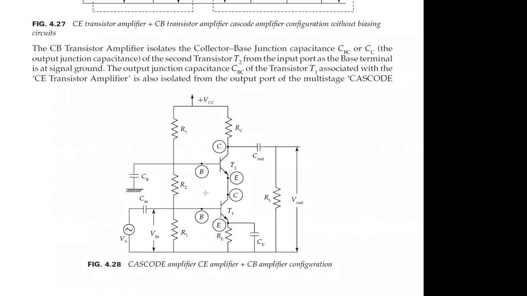Similarly, for common collector, so common emitter, the output is taken across the collector. The collector is given to the input. From the collector, the output is connected to the emitter, and this signal is taken here, and the output is taken across the collector. This is the cascade configuration. We need to perform the analysis for this circuit.